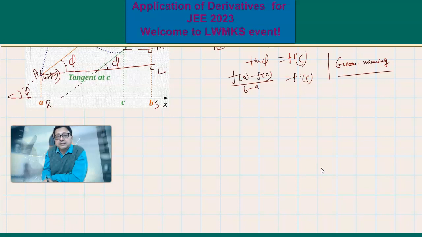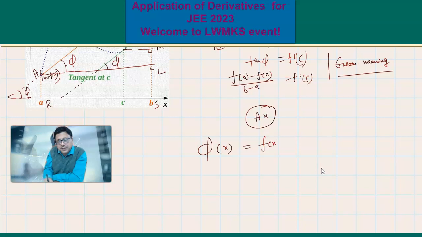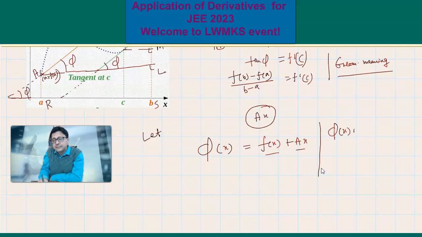together with another function, say a linear function a times x, and we redefine another function phi(x). This phi(x) is equal to f(x) plus ax. So let a function phi(x) be such that phi(x) equals f(x) plus ax, where ax is a linear function, continuous and differentiable everywhere. f(x) is also continuous and differentiable everywhere, as we have assumed. So their sum will be continuous and differentiable. So the function phi(x)